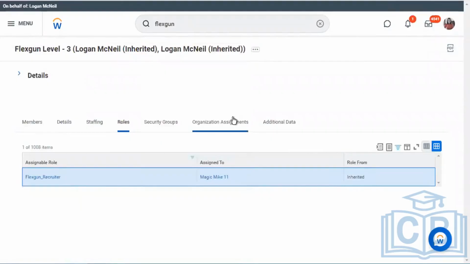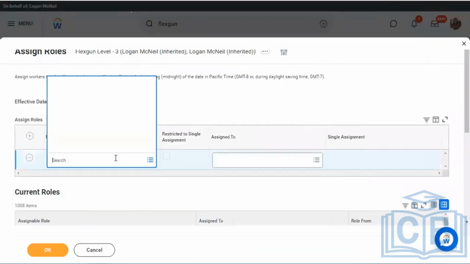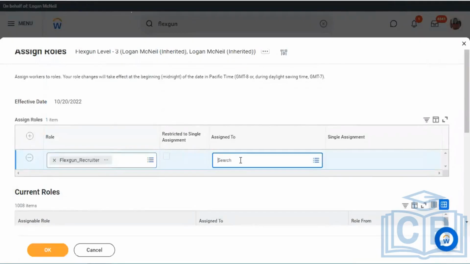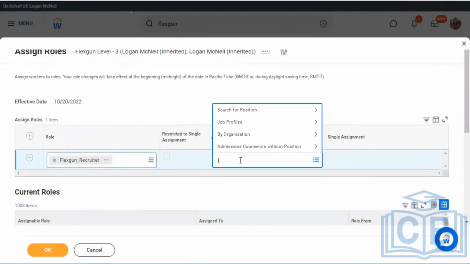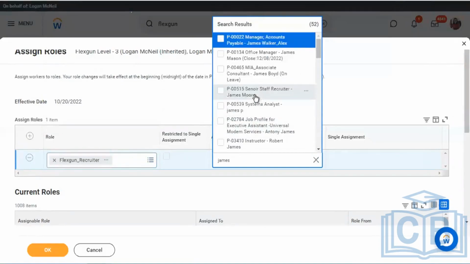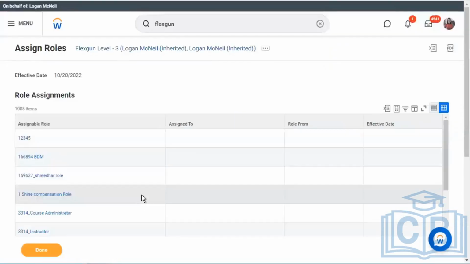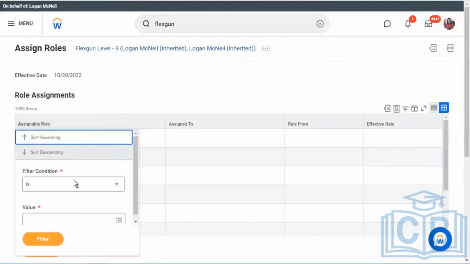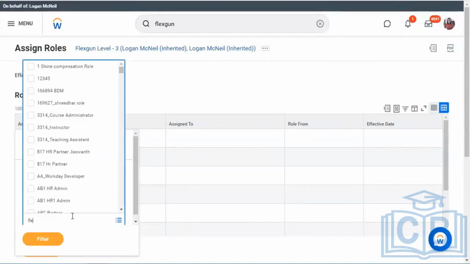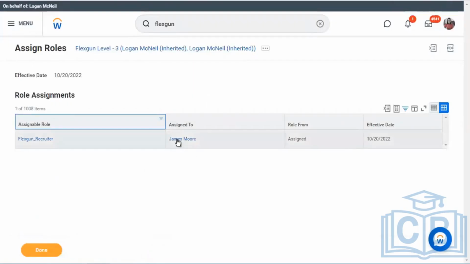Go here, you assign roles. Mike, let's say you give it to someone like James Brown or anyone. And that breaks the hierarchy chain. Any organizations below level 3 will have James Brown as their FlexQ recruiter.